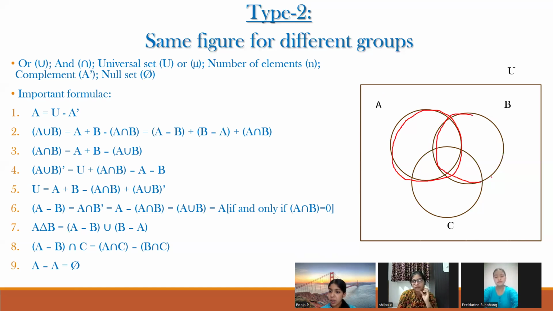But what are we calculating? Only the intersection. But by adding A and B, what did we get? The union of it. So add A, add B, remove the union. That is elements which belong to both the groups. If you remove that,